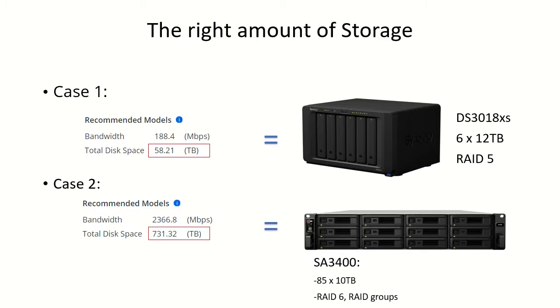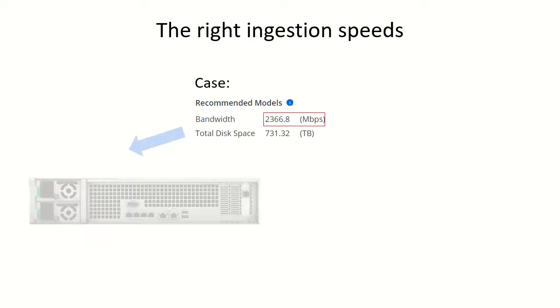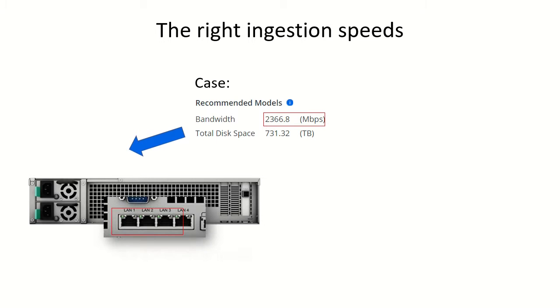The more interesting part, I think, and can often be a bit more confusing, is the bandwidth. How do you, well, ensure that that's going to be fine? So 2366 megabits per second. First is, well, the network. Is it going to handle it? So you need a switch that's going to deliver. And then in terms of the Synology itself, well, three 1 gig ports, gigabit ports, that's going to be enough. You can bond them and you'll have enough bandwidth with that. You don't actually need to use a 10 gig port